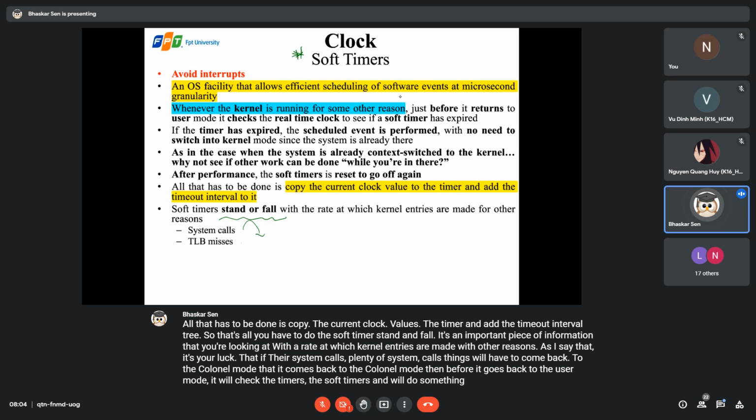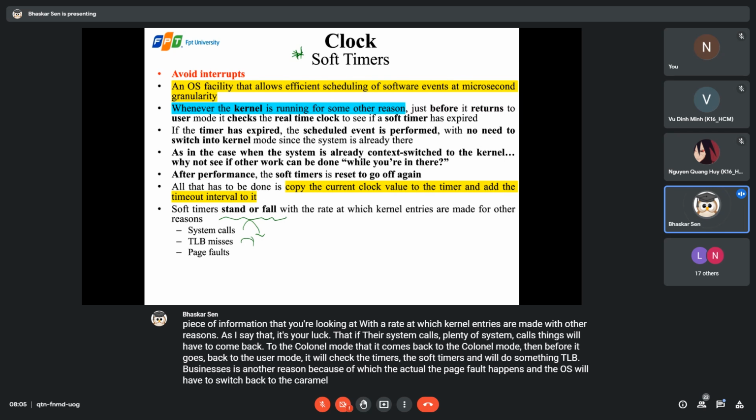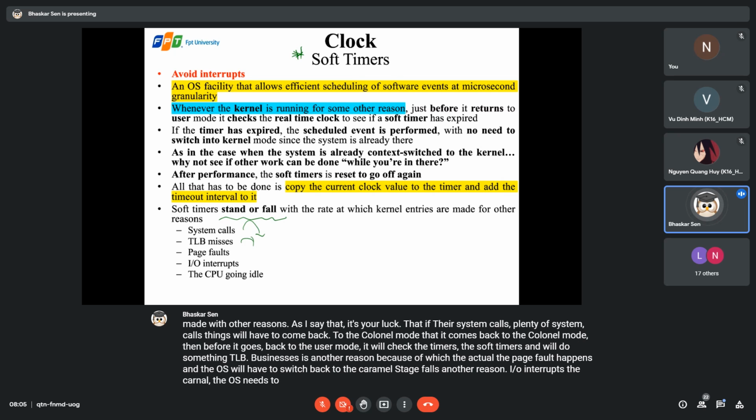TLB misses are another reason because of which the page fault happens, and the OS will have to switch back to the kernel mode. Page faults, another reason. I/O interrupts, the OS needs to be in the kernel mode, and the CPU going idle. So the rate of